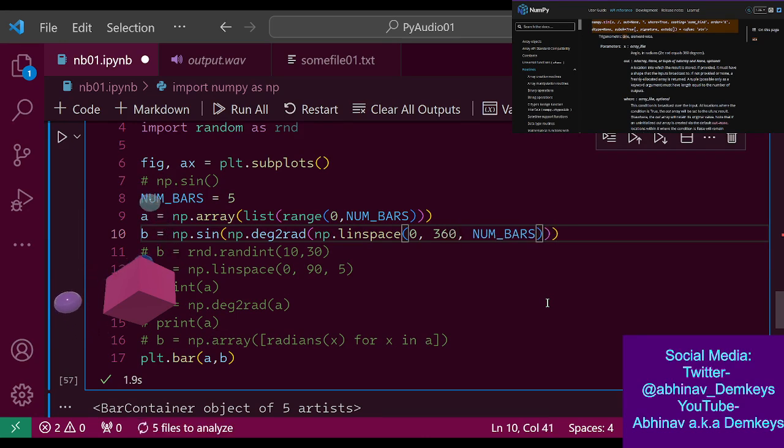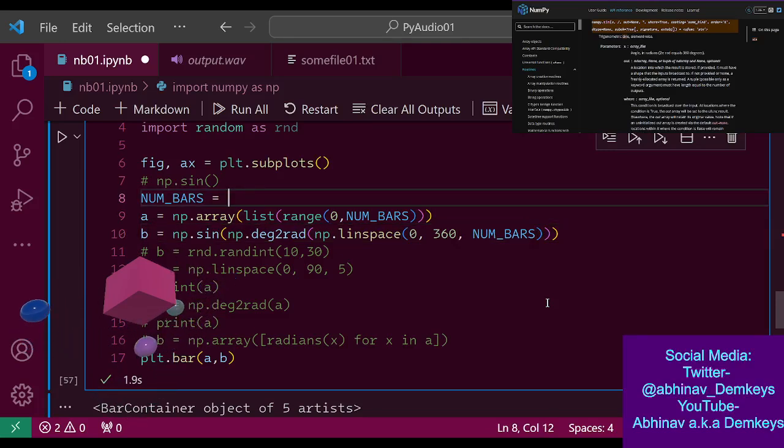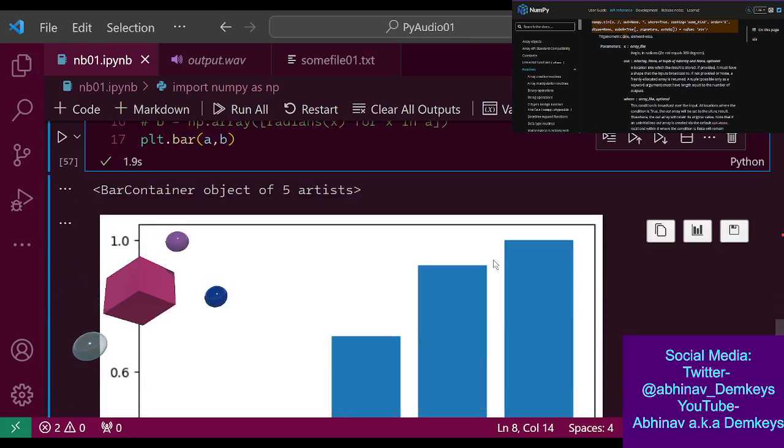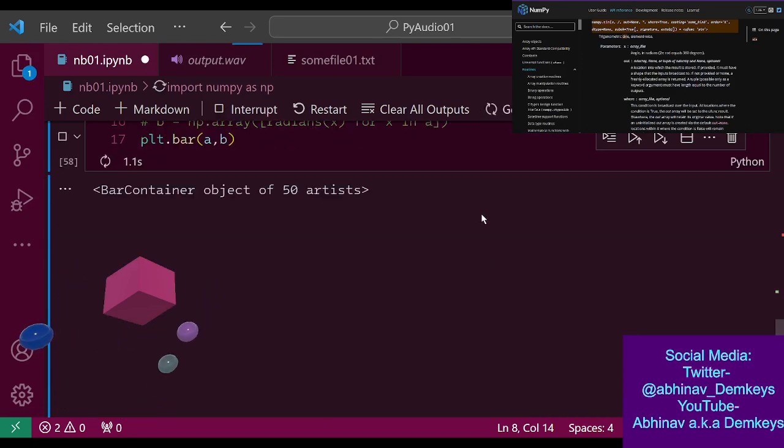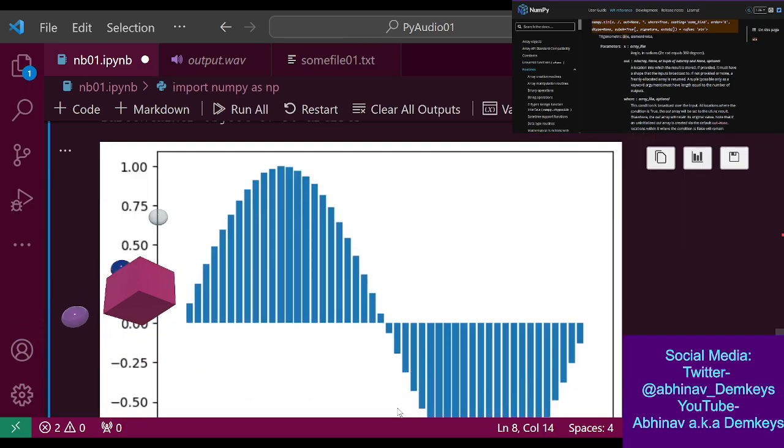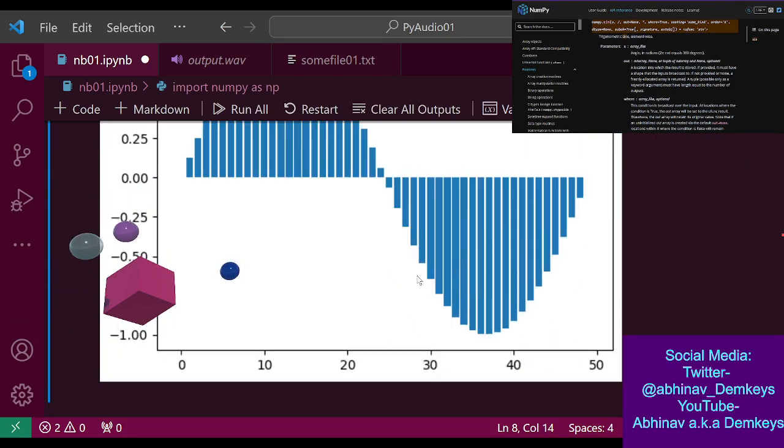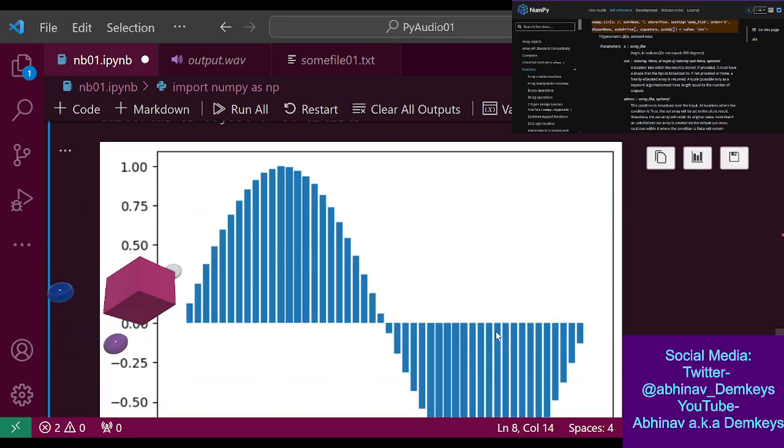So I want this to be a full 360. That's also going to include negative values, so that's something to take into account. And now let's just increase this to like 50. Oh man, look at that. So there's our sine wave.